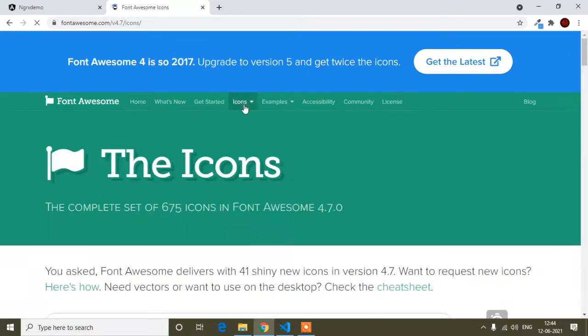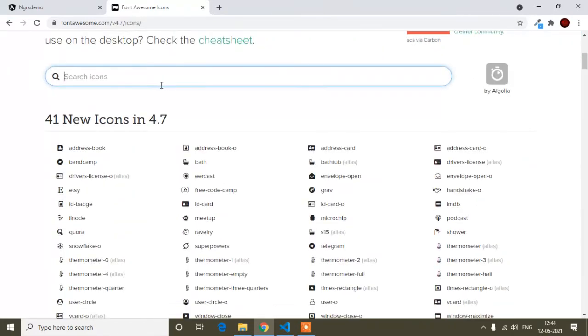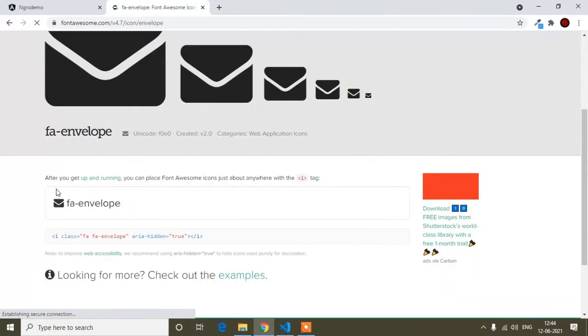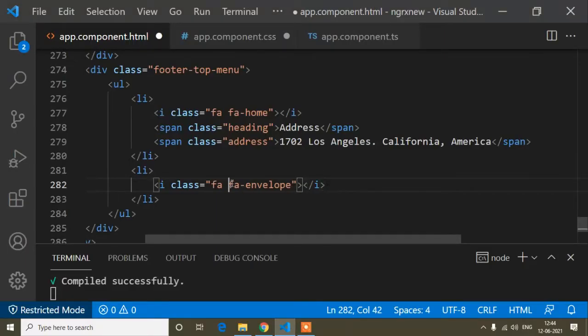So you have to click, and whatever icon you want to use, you can type, like here I want to use mail. If I type mail, you can see this one. So this class name is fa-envelope. So that is actually what I have written here because I remembered this class name. And before the icon class, you have to write fa, that denotes it's Font Awesome, f-a for font and a for awesome.